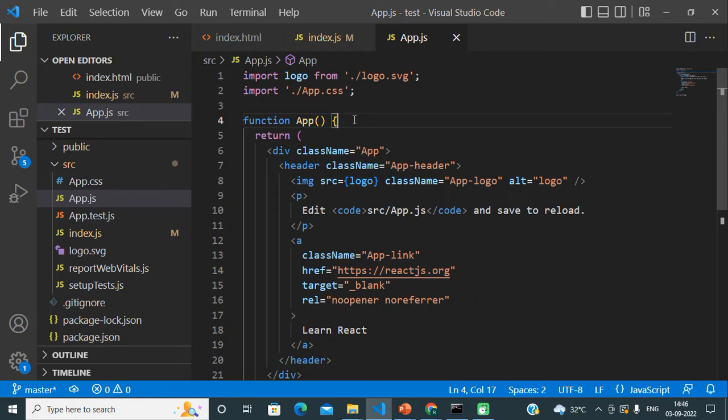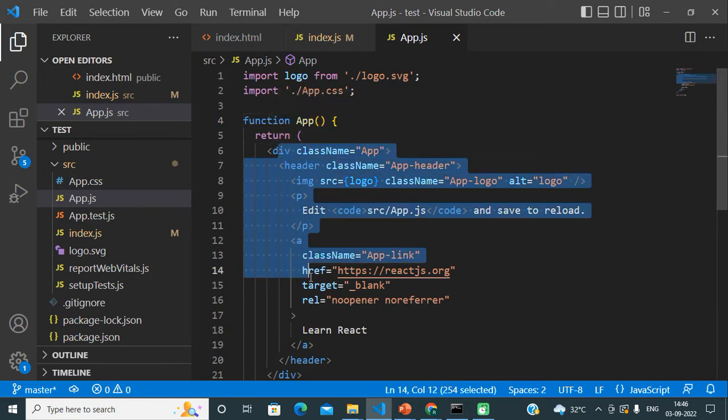You remember, the app component is a component which the React.js library already created for us as a default component, and whatever user interface we can see is actually coming from here.